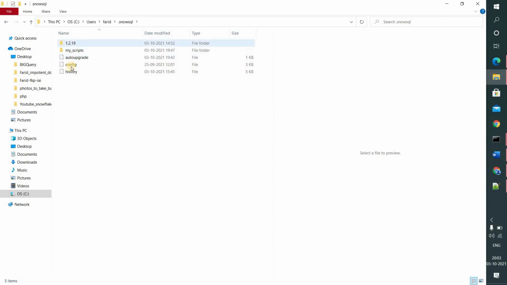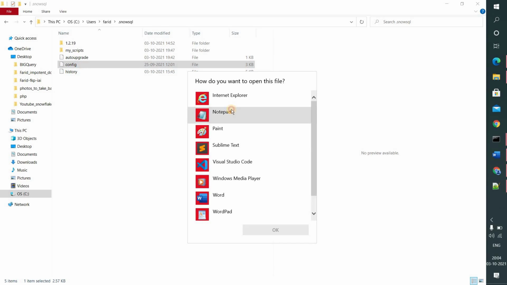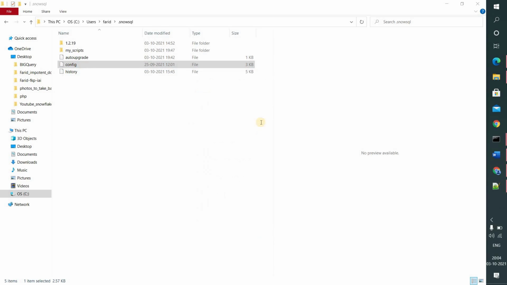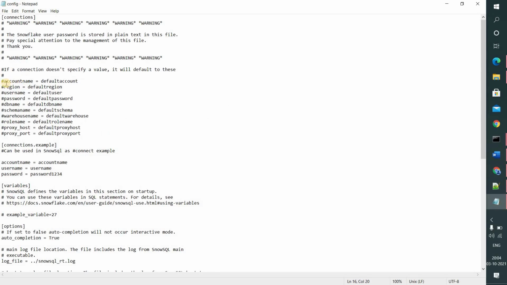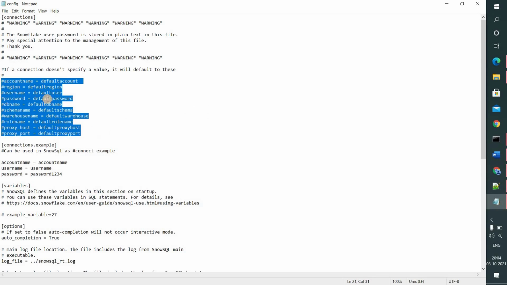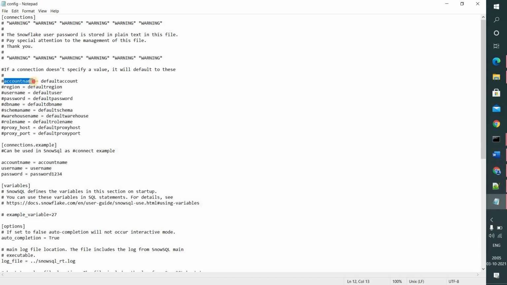Double click on it and you will find the file here. So I am opening the file here to see what exists in this file. This is where you can specify the default Snowflake account details. Currently it is commented, so you need to uncomment and provide the information for each item.